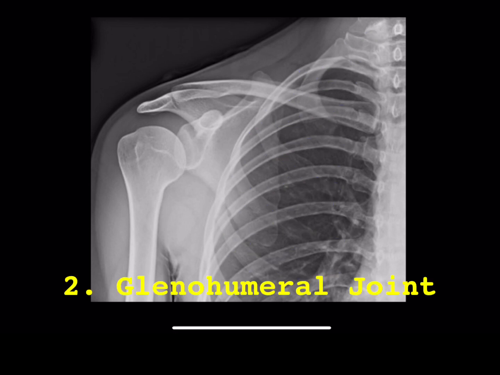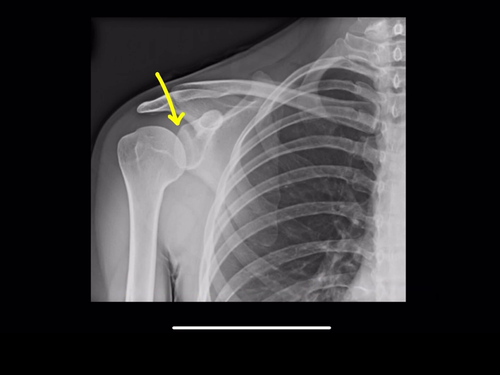Secondly, look at the glenohumeral joint. The articular surfaces should be parallel and the humeral head should sit on the glenoid. If the humeral head lies under the coracoid process, here this is the coracoid process,